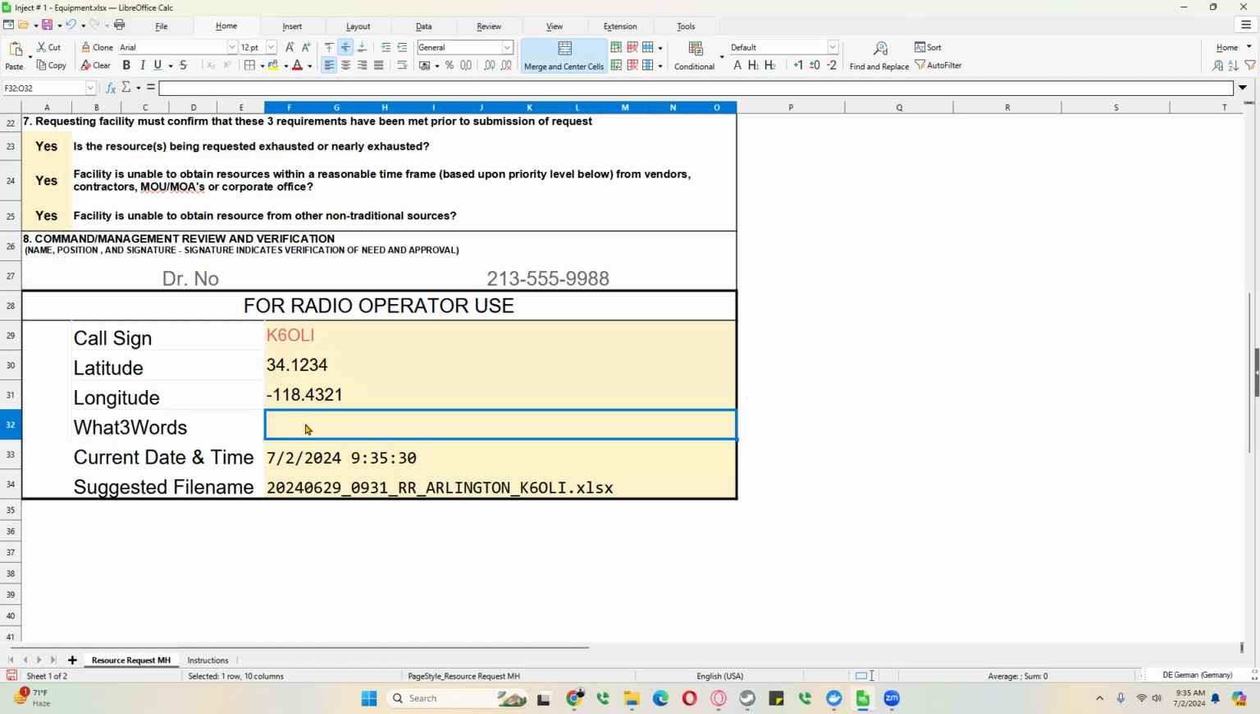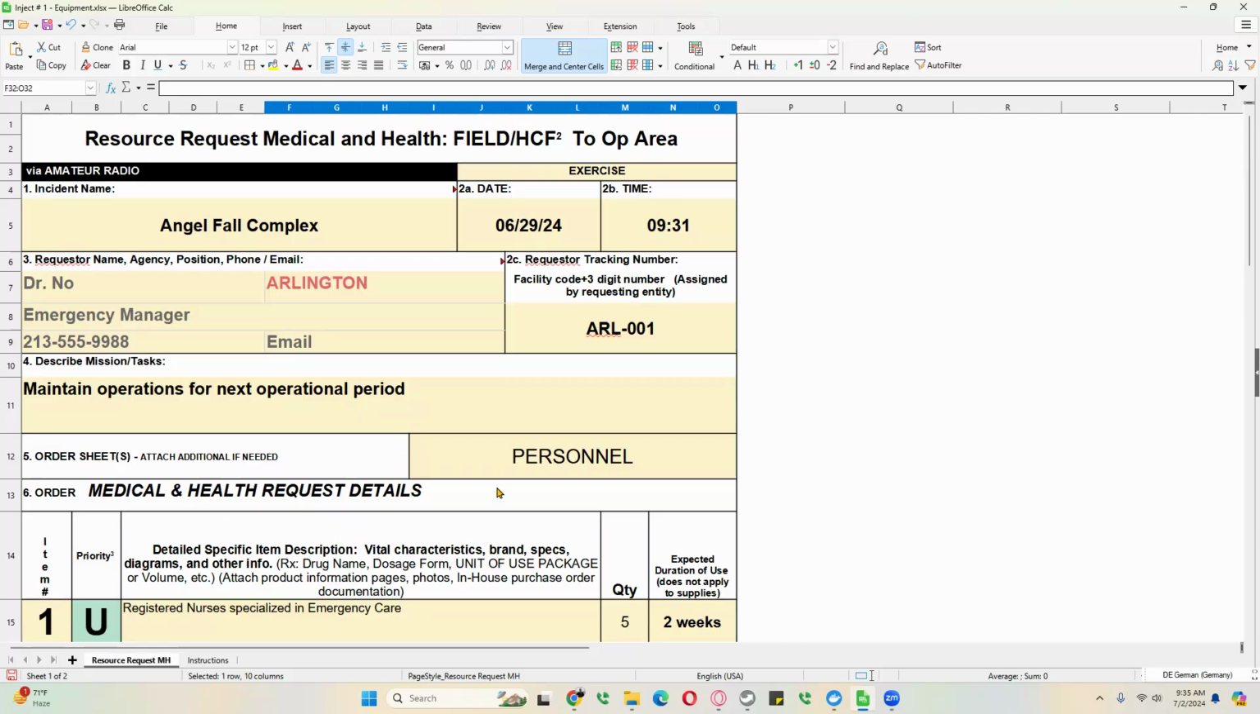You can look up the what three words of these locations and add that here. You don't have to. And the current date and time, you can fill that in as well, but this should be filled in for you automatically. Let's just leave it as it is right now. The nice thing about the suggested file name here, this is populated by the information you provided in the fields in block 3,